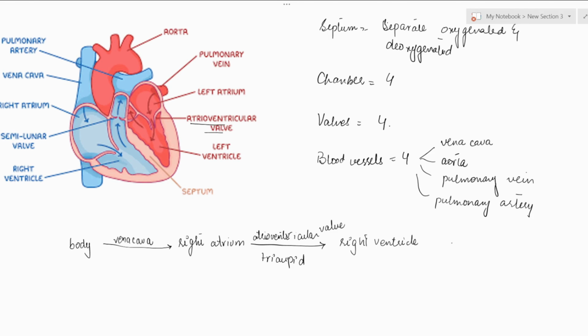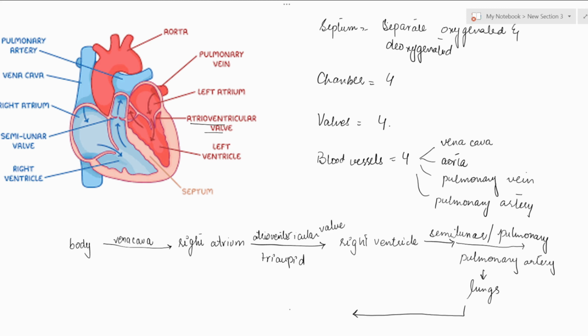Now from right ventricle it goes to lungs through a valve, semilunar valve or pulmonary valve, because it is associated with lungs, and the name of artery is pulmonary artery. Clear? Now from lungs back to the left atrium, again the same thing. The pulmonary vein,